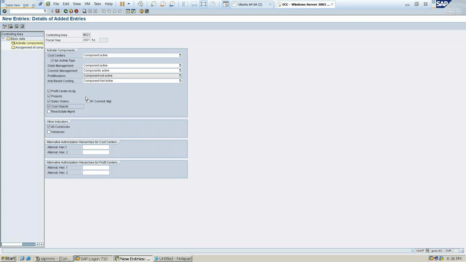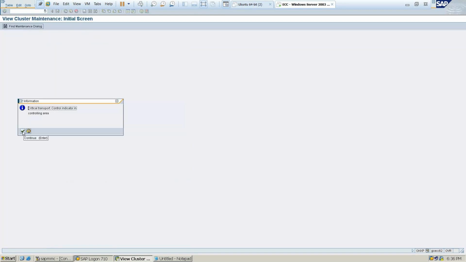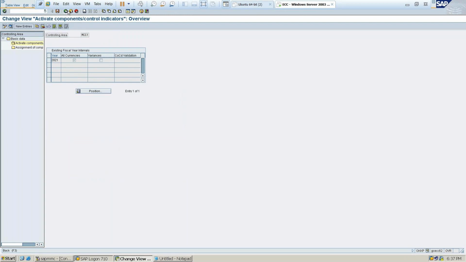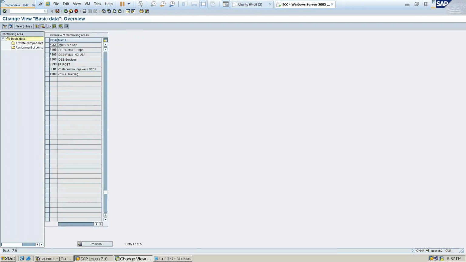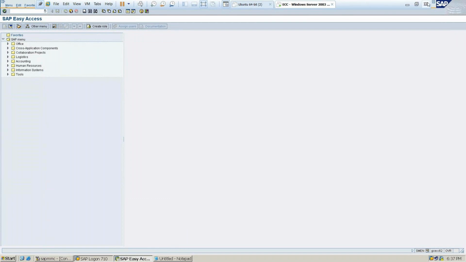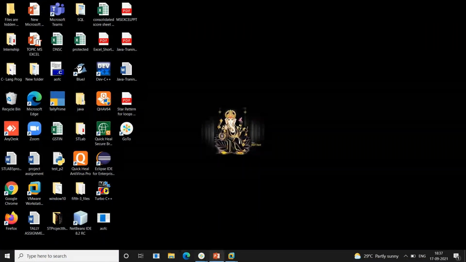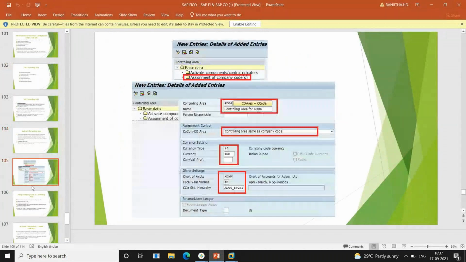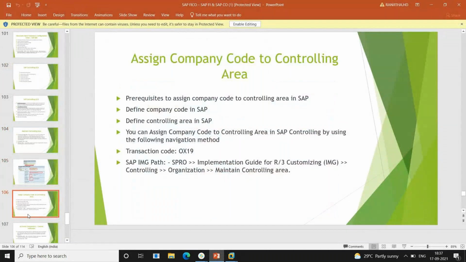Written, sir. Save. Okay. So these three things you need to do under the component activations in controlling. In the same manner, after giving the controlling level, you need to assign it.